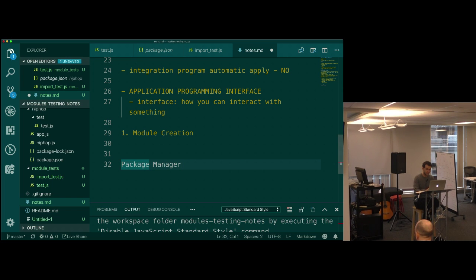And what if this was specific for Node, like a Node package manager, like an NPM?